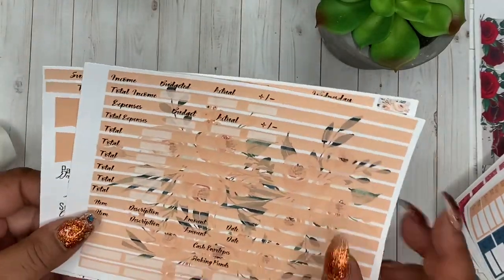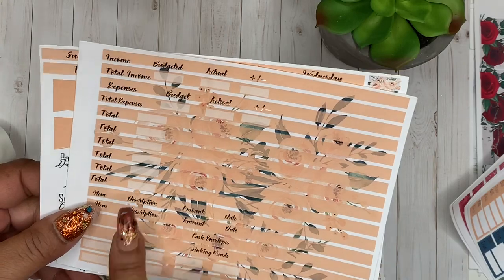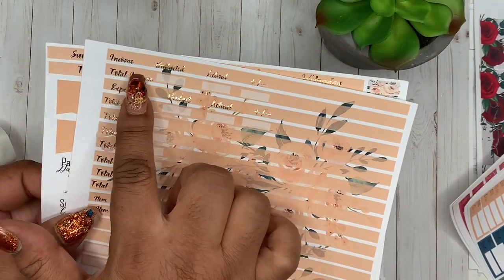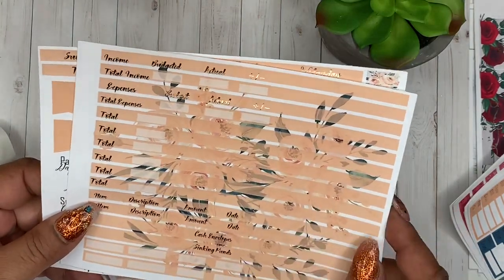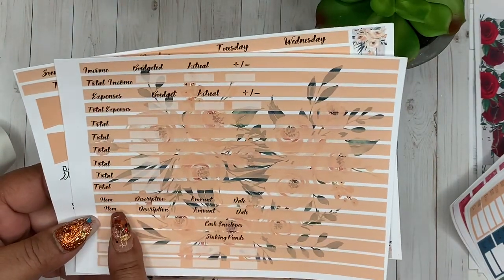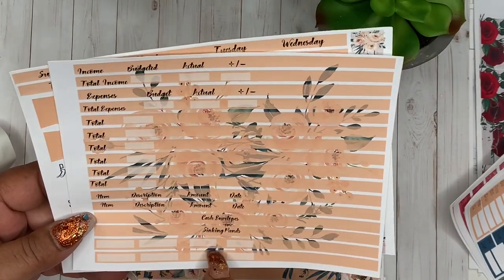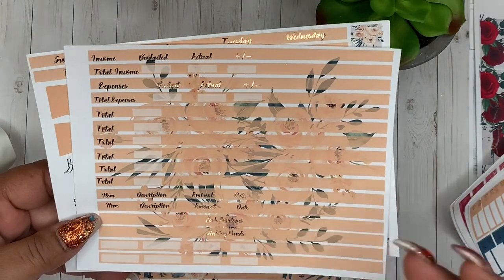And in the deluxe, you get these shadow boxes so that you know where to write everything in. There's a space for your totals. Here for total income, you have your spaces for your total income, which is budgeted, actual, plus and minus, cash envelope, sinking funds, and then you have your spaces here for your item description, amount, date, and that normally goes with your cash envelopes, but you can also use it with the script stickers that I'm going to introduce, and